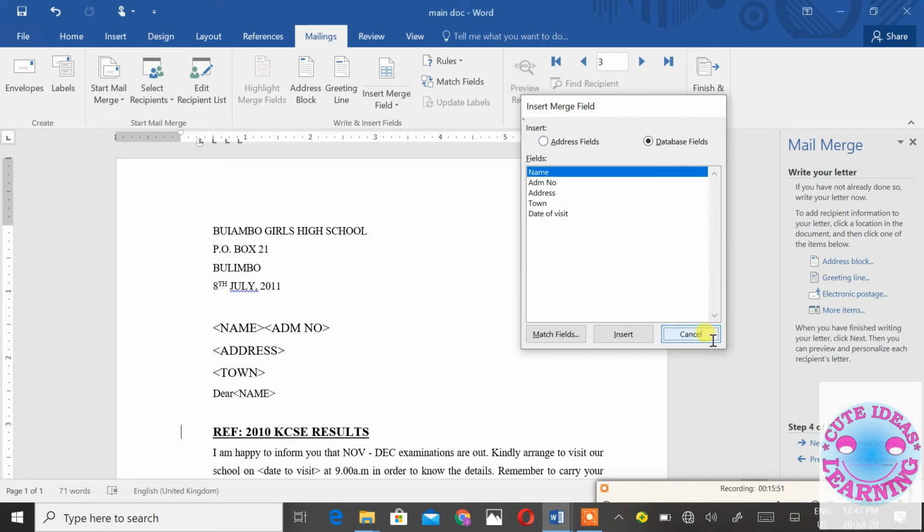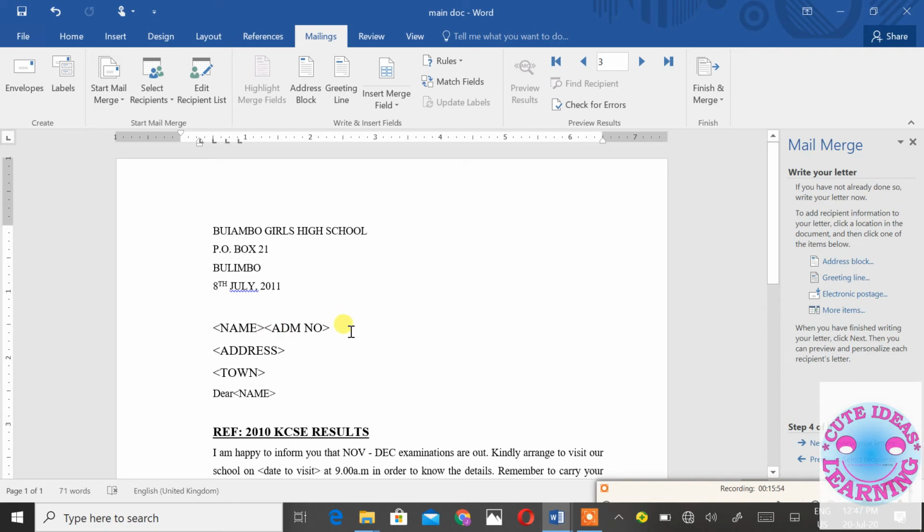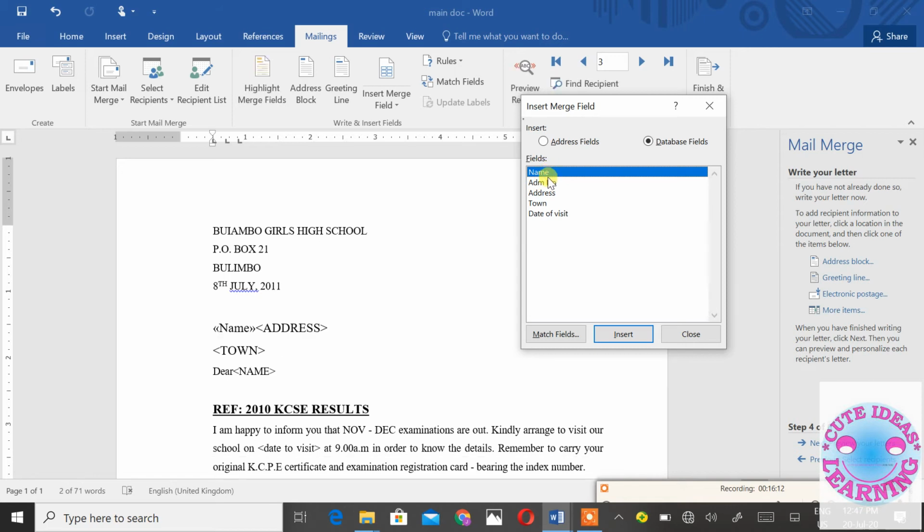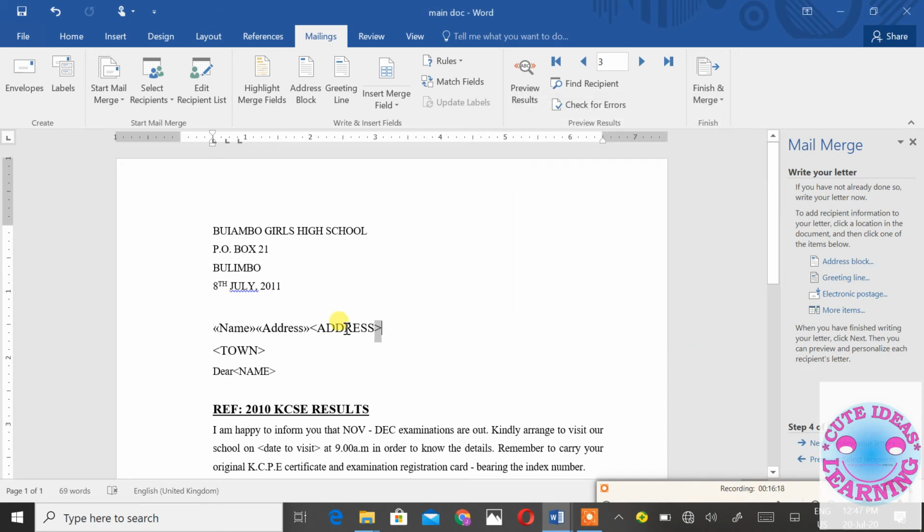So what we do, we are going to replace these ones, name and admission number, with name and admission number. So now we are going to replace these ones we have written with fields in a certain database somewhere. So we drop the name, we drop the address. So you can see there is a difference. Our address, this one, and our address, this one has double-sided arrow. This one has a single-sided arrow. So what we do, you can remove this one now,